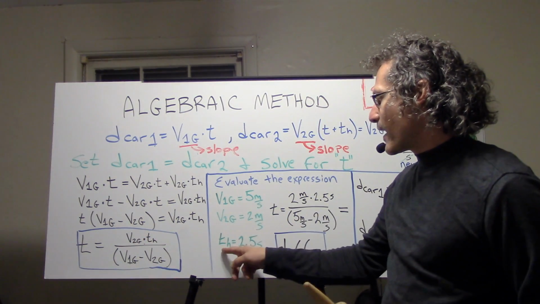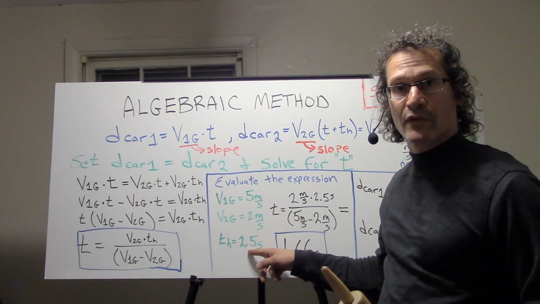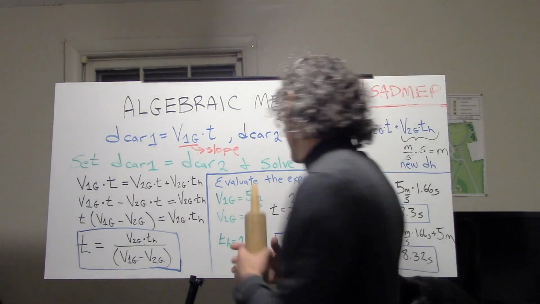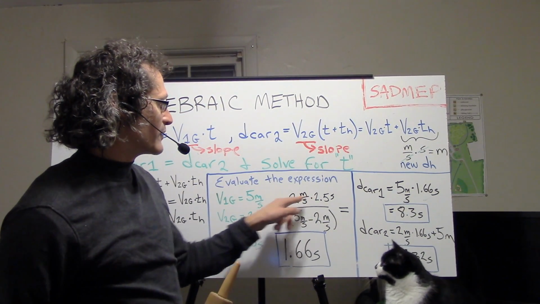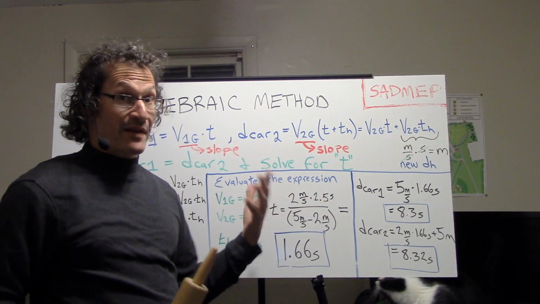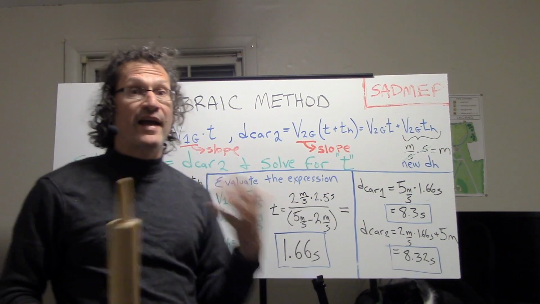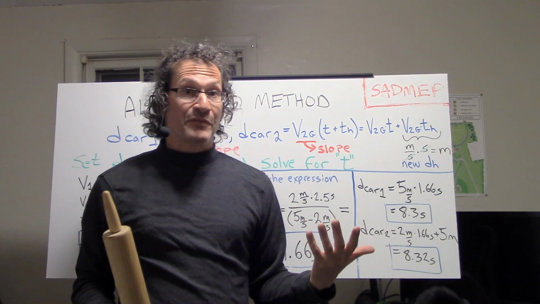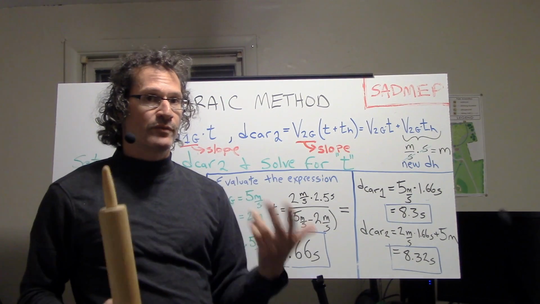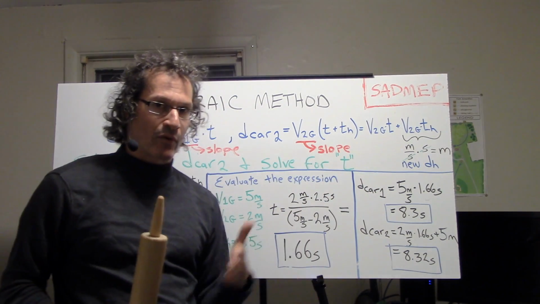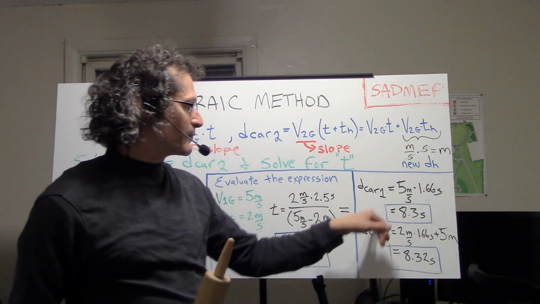And check it out. I have th is 2.5 seconds. All right. So what that means is when we put it up here, we get 2 times 2.5, which is, hey, guess what? It's 5, just like we had before, 5 meters. So actually the head start was 5 meters. So it's really the same problem. I just encoded it a different way. I coded it in terms of the time head start from the origin. And we actually get the same result. So 1.66 seconds and